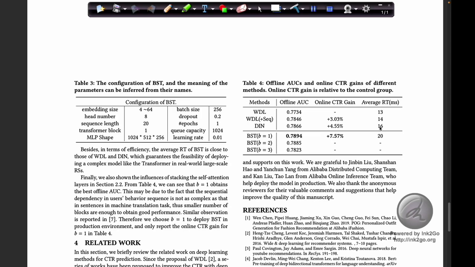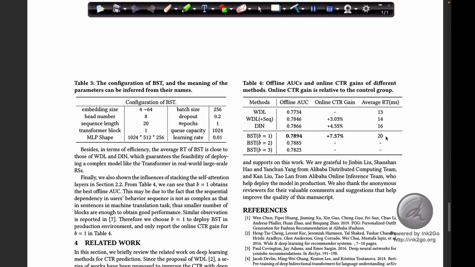This was considerable, as even a 1 to 2% increase in CTR is really significant in an online billion-scale system. But behavior sequence transformer outperformed all of them, producing 0.7894 AUC, which was the best, and it increased CTR significantly. A 1 to 2% increase in CTR brings in millions of dollars in revenue.